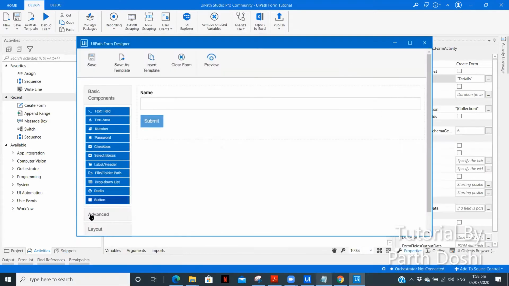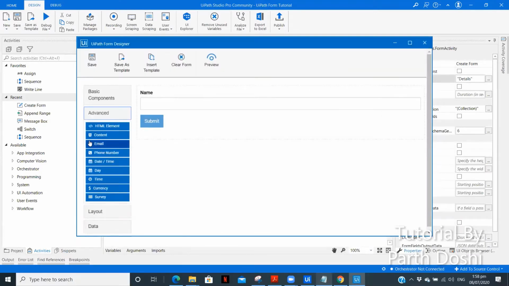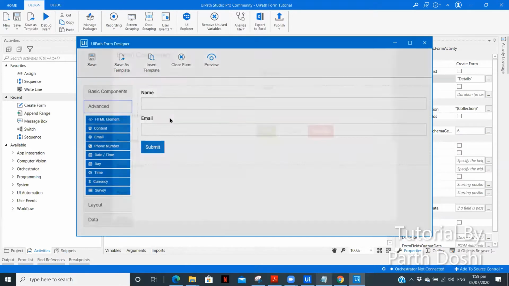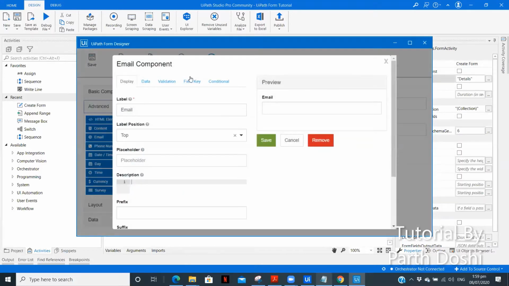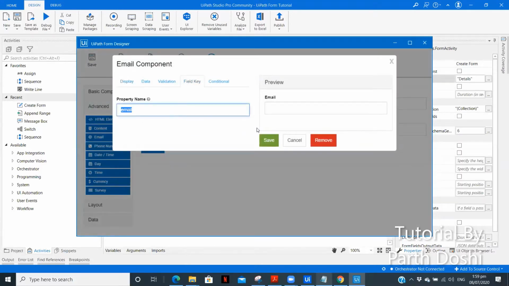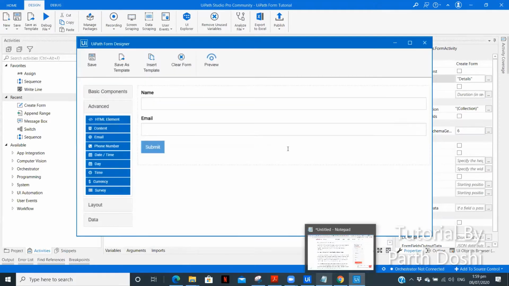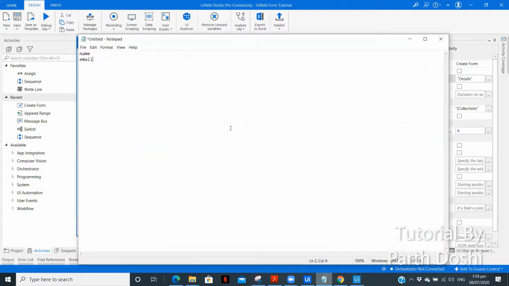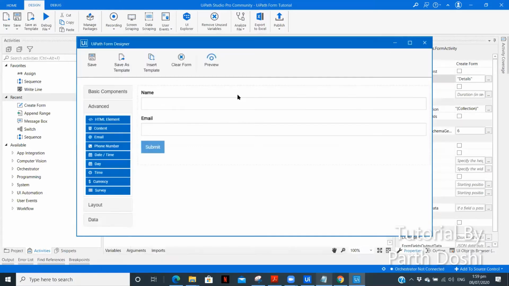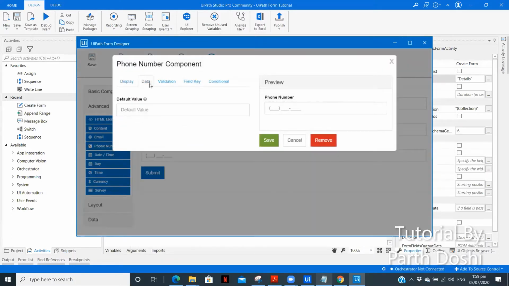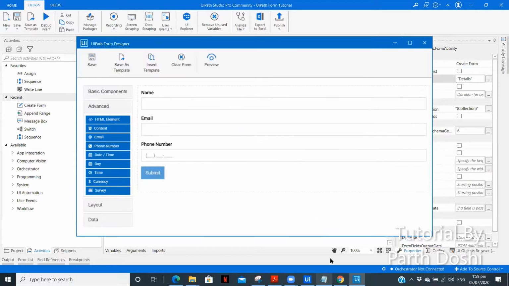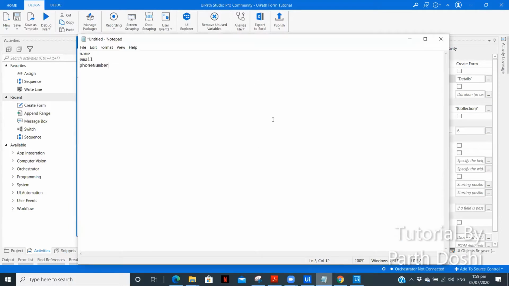Now for the other one we need to go to advanced. We need to drag an email ID. So this is done already. Email, copy, and paste it over here. After that, we need a phone number. So field key, copy, save. So let's save this.